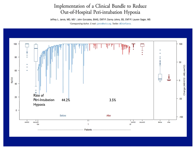This has a lot of influence on our making a decision to go to the DSI process. This is a study he published a couple years ago. If you look at the left-hand side, those lines in blue, this is before they followed the DSI process. And this is a measurement of what the patients' oxygenations were before they were